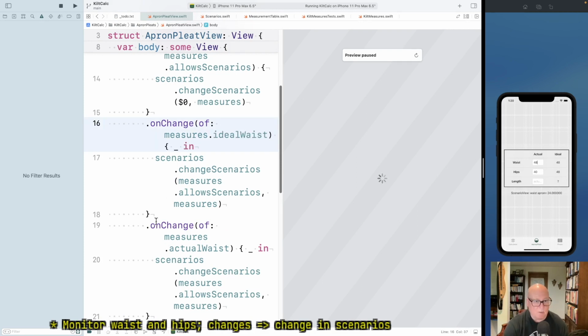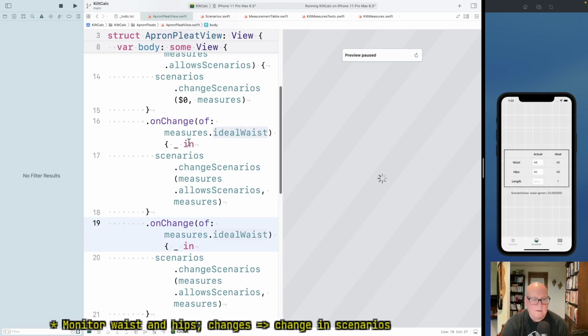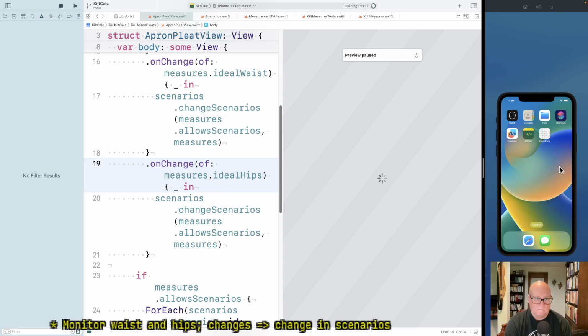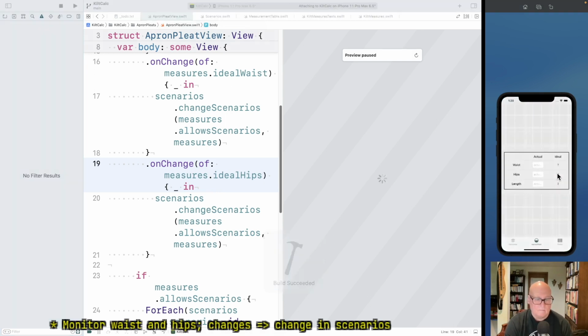And I'll show you an example where we can tell the difference. Okay, so this should be hips. All right, so we'll enter hips 44, waist 42. Okay, so the 4 put out the first one, the 2 gave us the second one. All right, but the